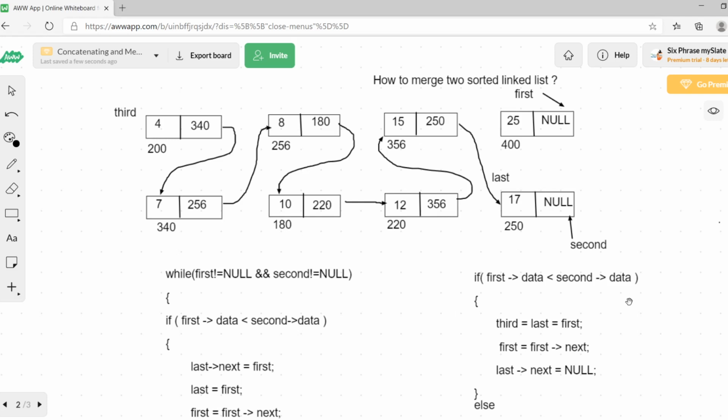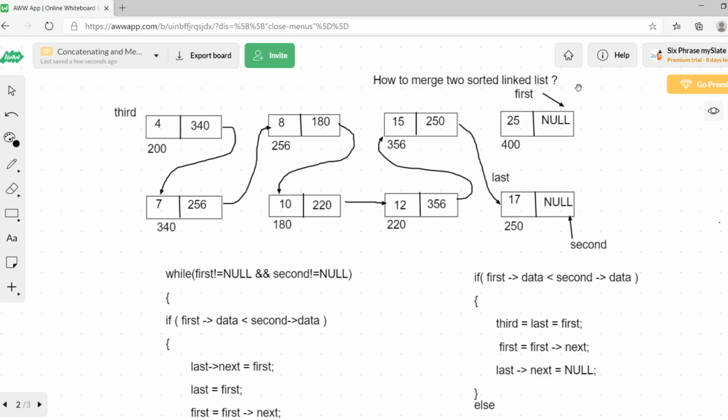Looking here at the linked list, suppose I give you some input: 1, 2, 3, 4, 5, 6, 7, 8. What will happen? 1 will be the smallest number, so first 1 will be taken, then 2, then 3, then 4. Only these 4 nodes will be visited. After visiting these 4 nodes, it will reach null.